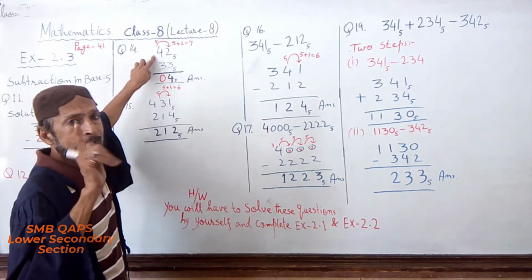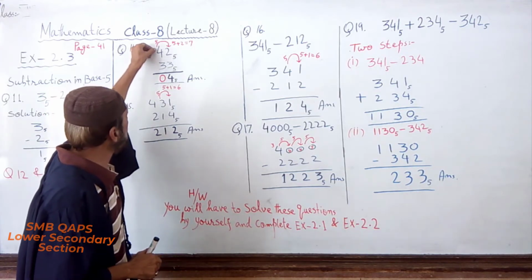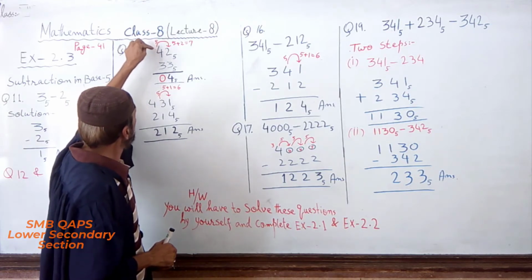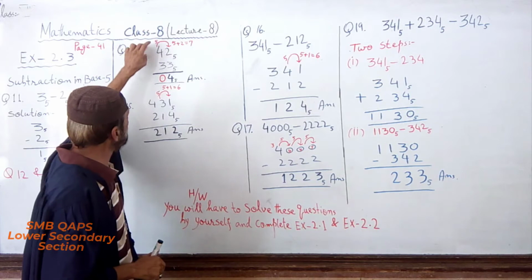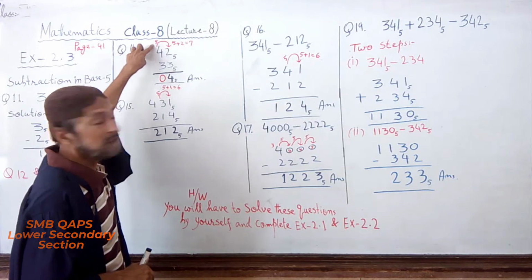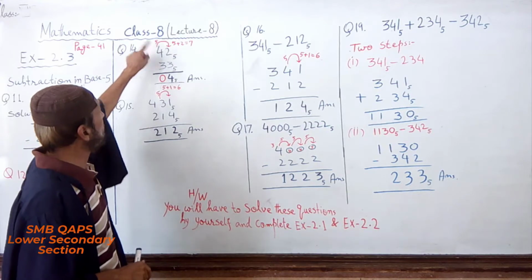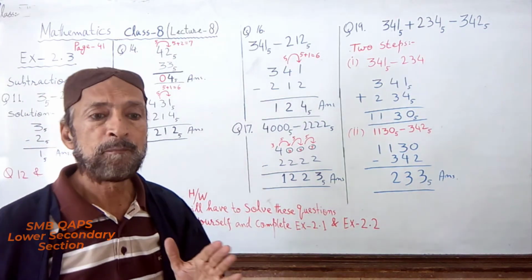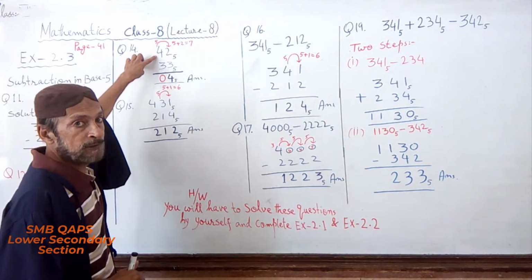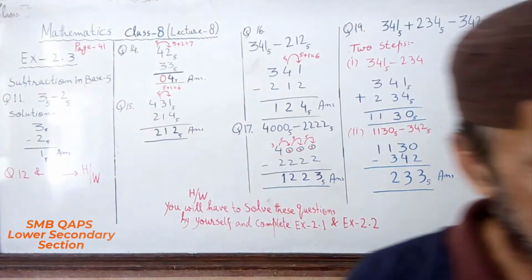If you take one carry from here, it will be 3. And one carry, when you go from left hand side to right hand side, it will be 5. The carry will come as 1, but it will be in the form of 5. Why? Because it's base 5. So here it will be 3, and one carry will be 5. 1 is equal to 5. Remember this thing.